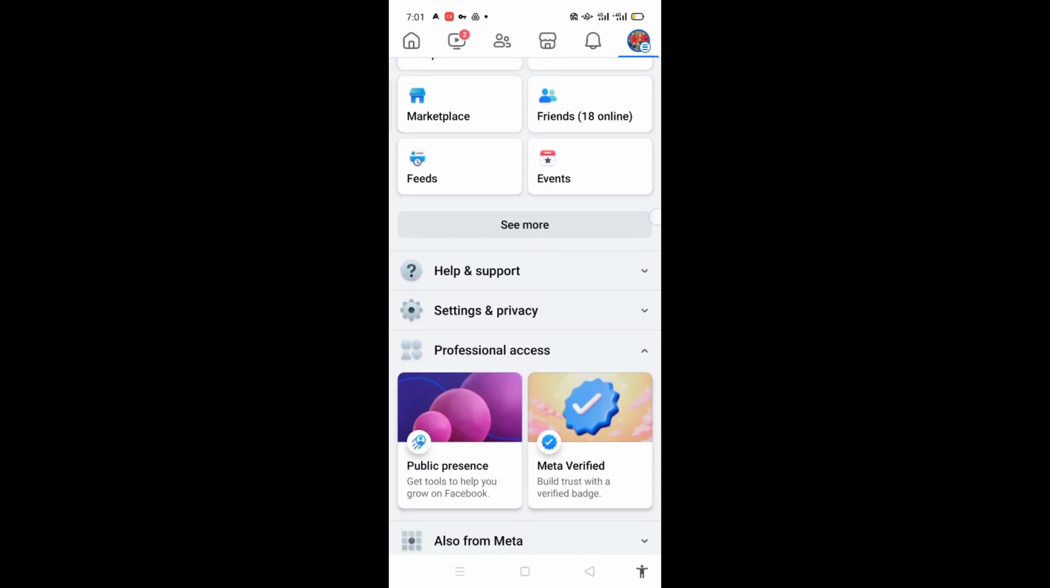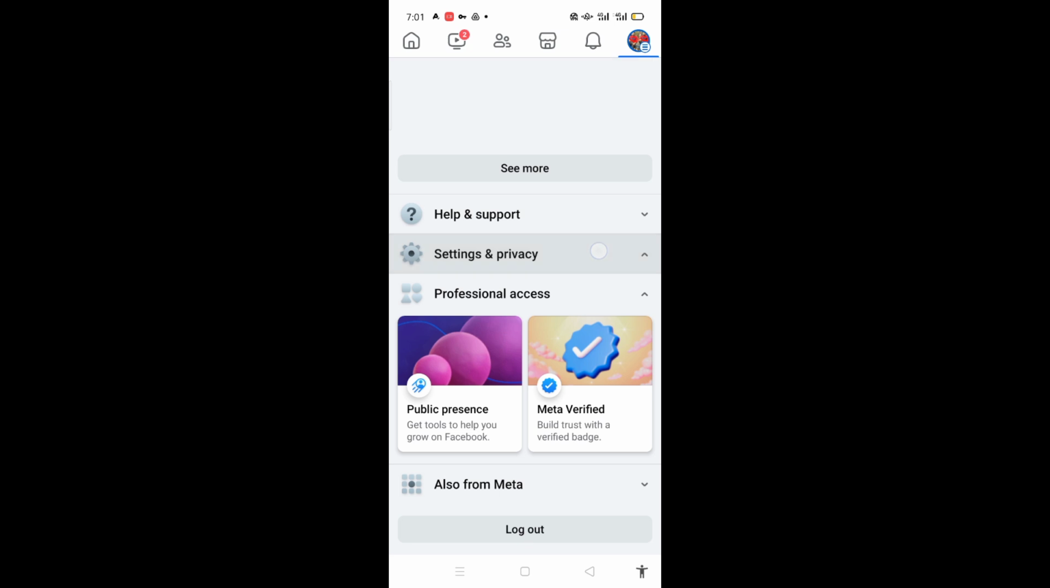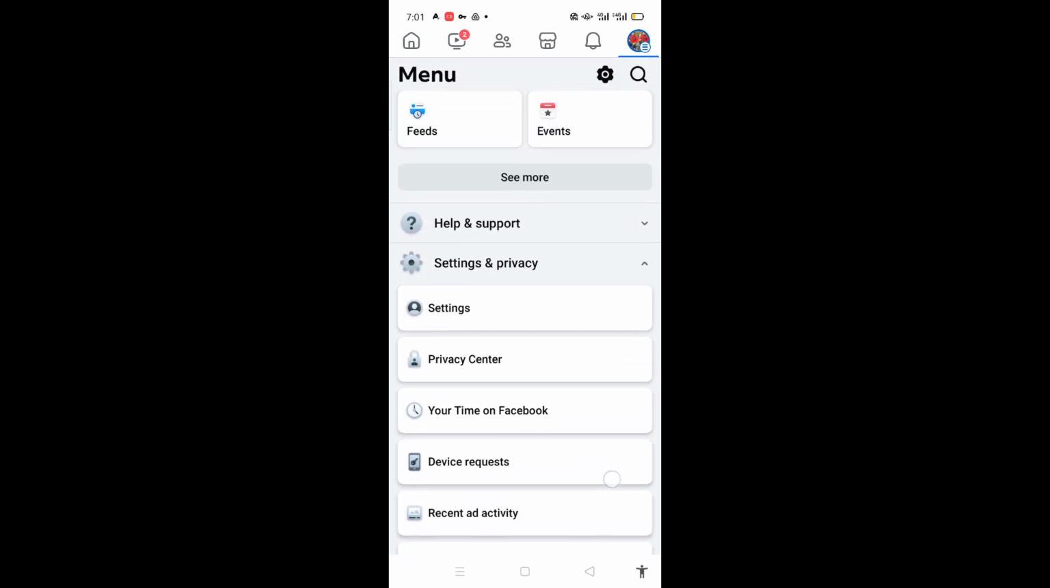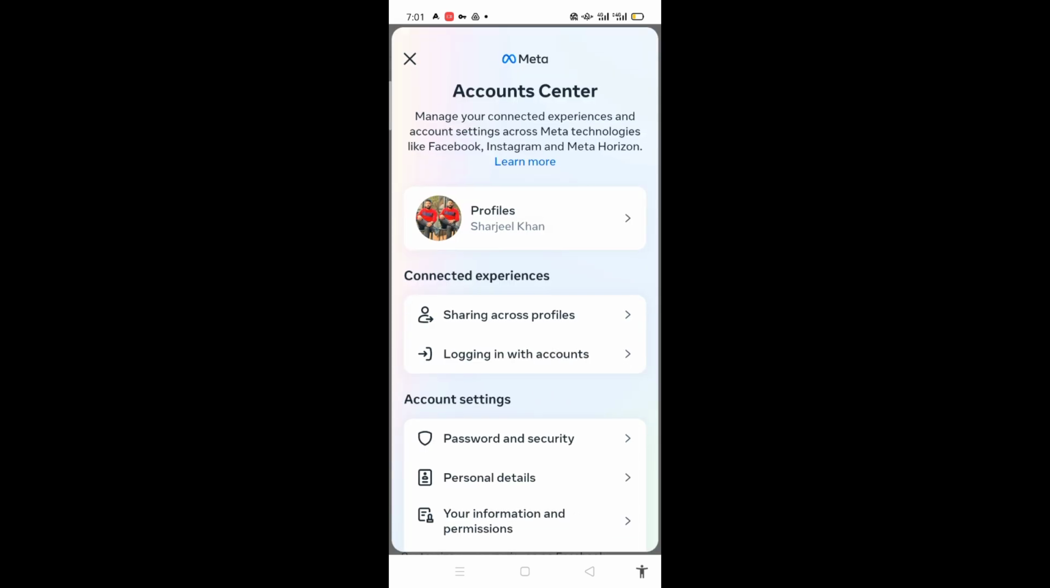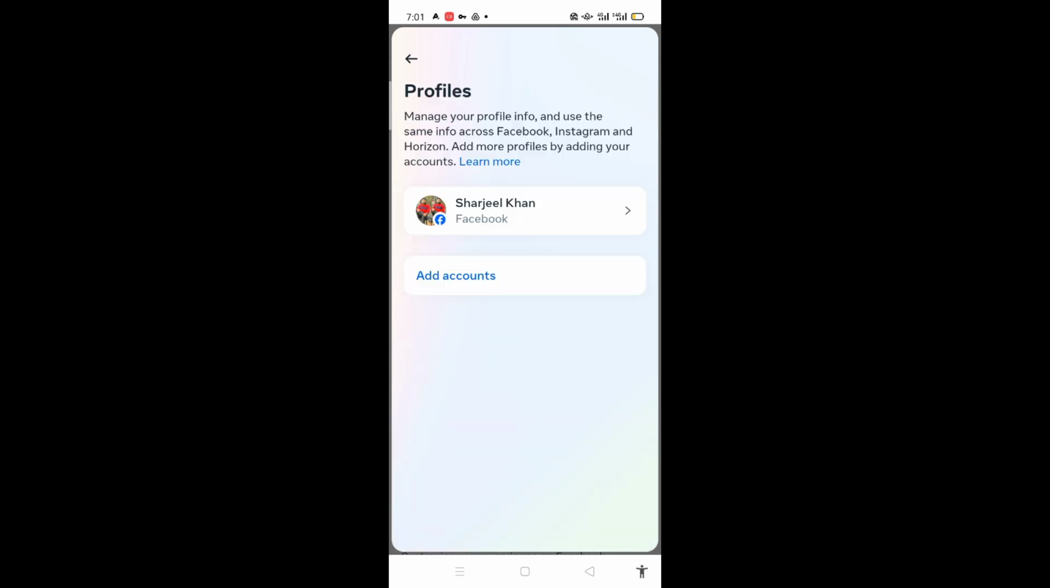When it's open you will have to just open the Facebook settings and privacy. You will again click to settings and you will click to now Account Center, and there is profile. You will click to profile, again click to your username profile,